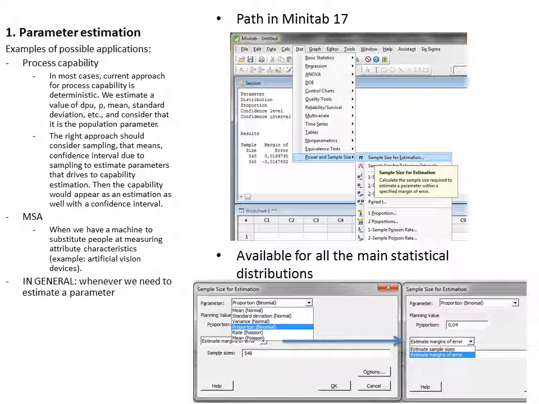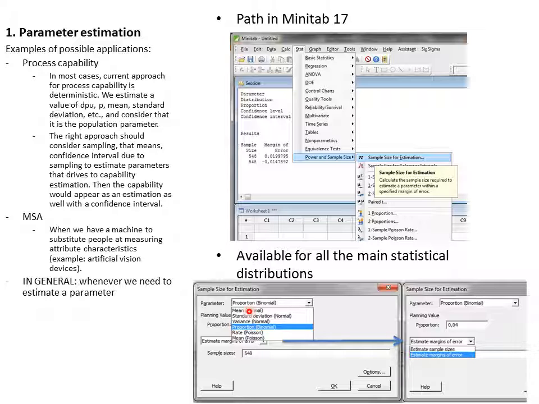The first one is a tool for parameter estimation. You can find it following this path, behind the Start menu of the toolbar. Then scroll down, and behind Power and Sample Size you can find the Sample Size for Estimation tool. This window pops up once you click on Sample Size for Estimation, and scrolling down you can find